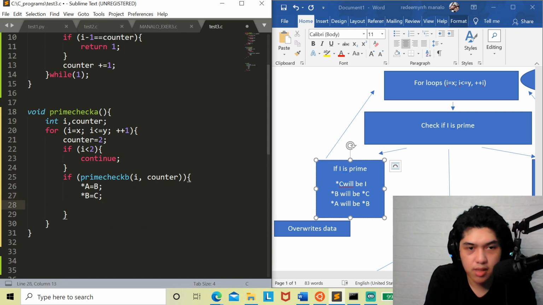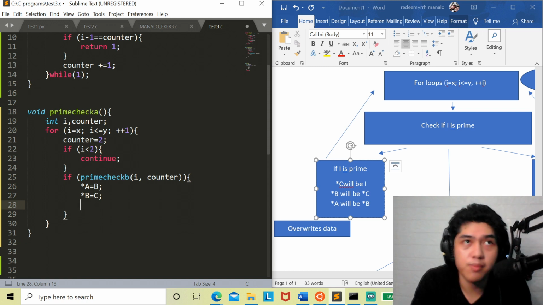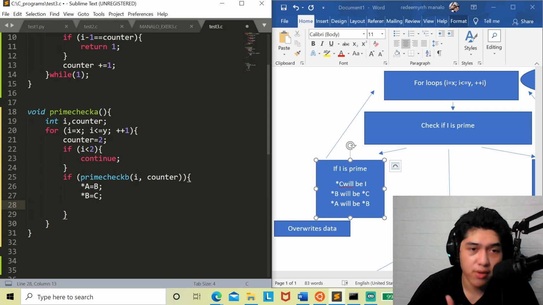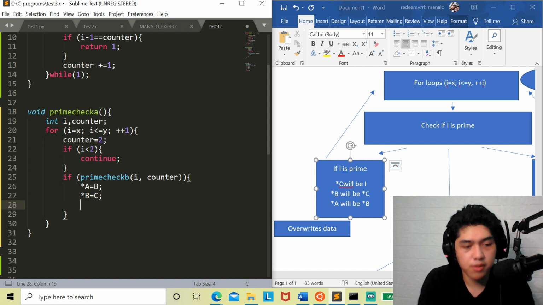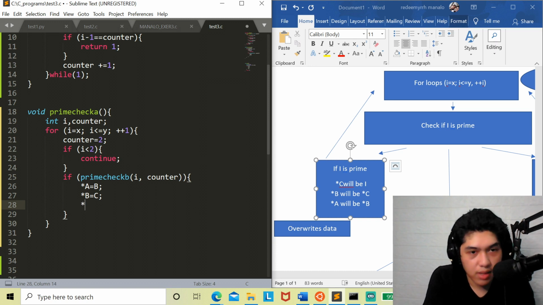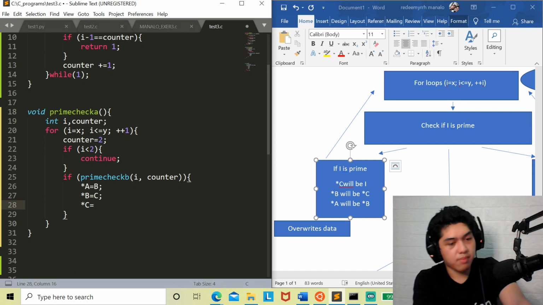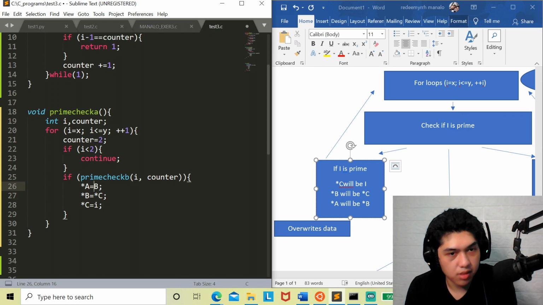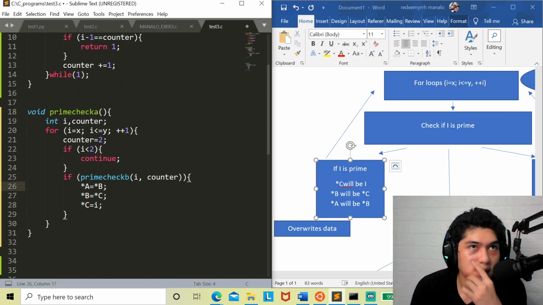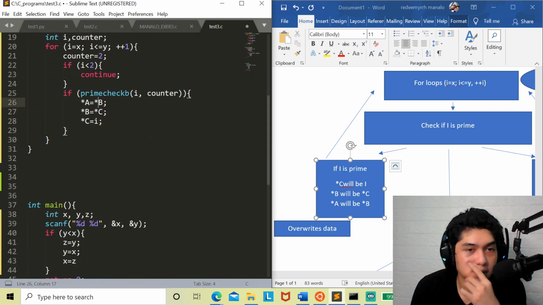By the way, we're not using address because we're just going to copy it. Our goal here is, we are going to receive the address if we are going to write for the address. However, since we just need the number, therefore we just need to skip the address and get the number. So that's why I'm doing this equals I. There,